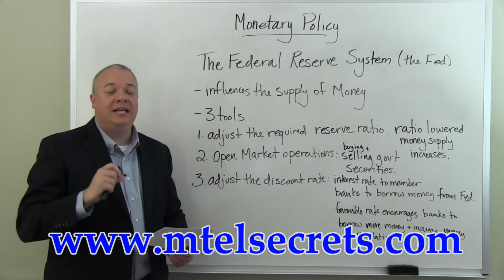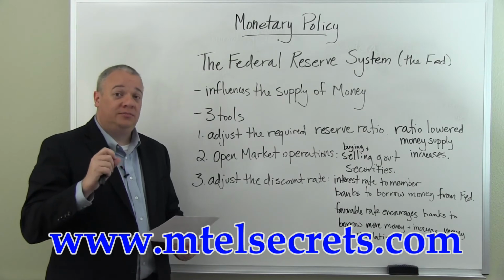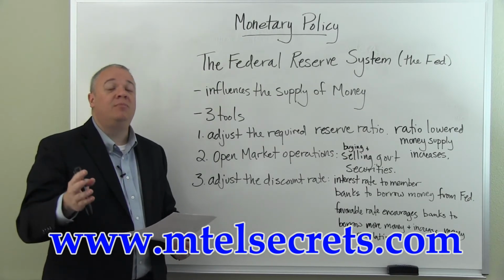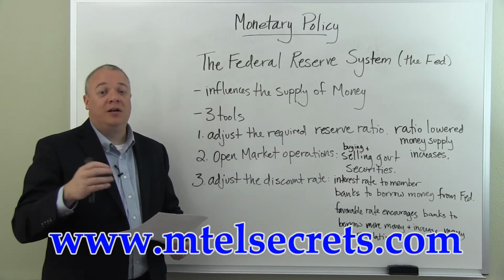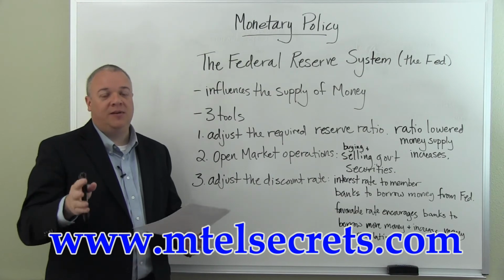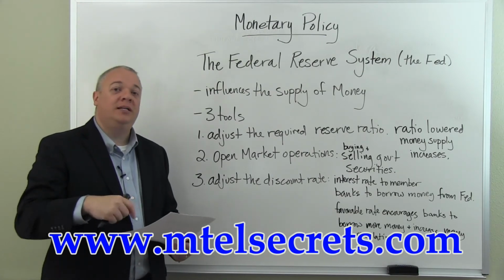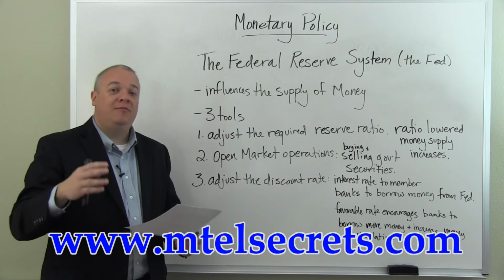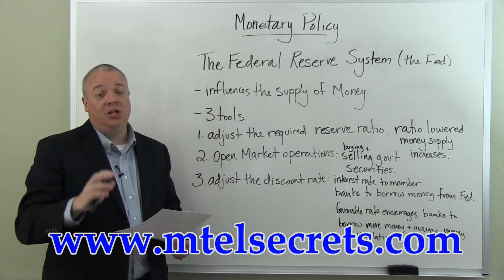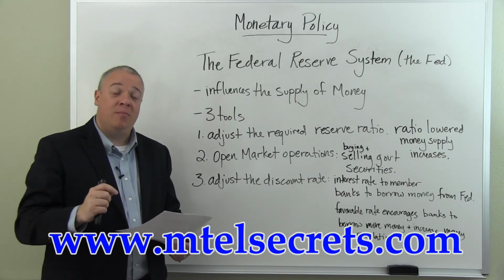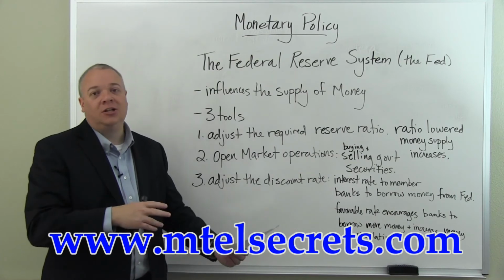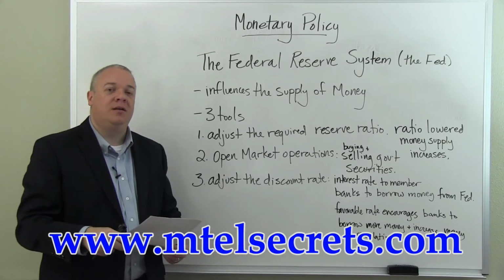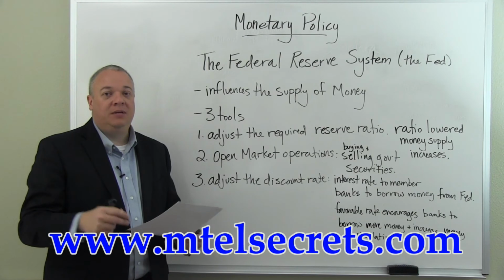And then third, they can adjust the discount rate. The discount rate is the interest rate that the Federal Reserve Bank charges to member banks to borrow money from the Reserve. So you've got this Federal Reserve Bank, it's loaning money to member banks. If that rate is favorable, if it's a low interest rate, then that encourages the member bank to borrow more money from the Fed to loan out to others, and thereby increases the amount of money supply in the economy